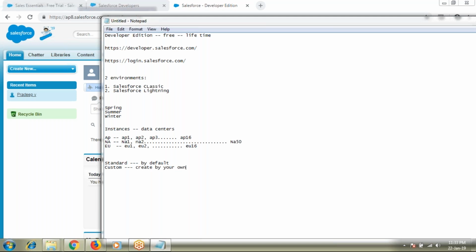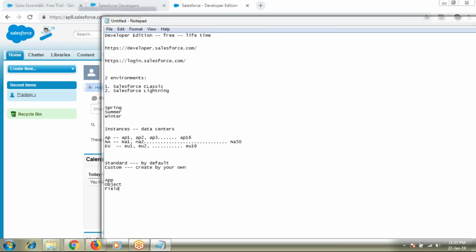All this information they want to track. So these are components which Salesforce does not provide you by default, which are not standard, where you have to create on your own, which is called the custom things.